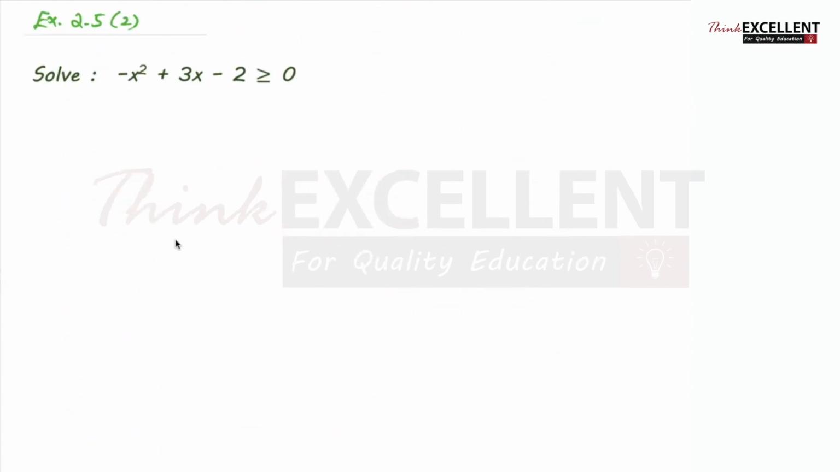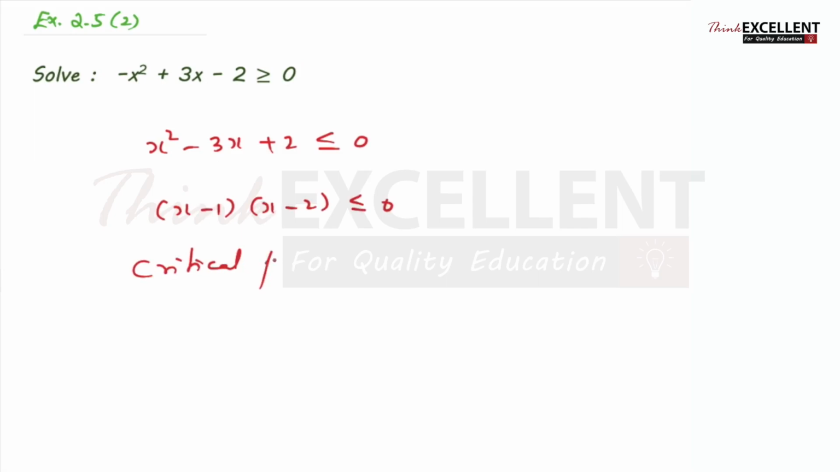In the same way, another question. This also, I am just going to give one line, you can do that. First term is negative, so change the sign. Remember, it is an inequality, so when you change the sign, the inequality reverses. Okay, so x square minus 3x plus 2 less than or equal to 0. You factorize it, you will get x minus 1 into x minus 2 less than or equal to 0. Critical points